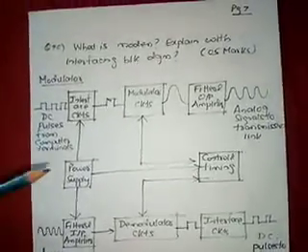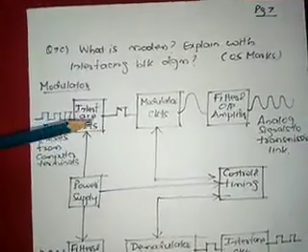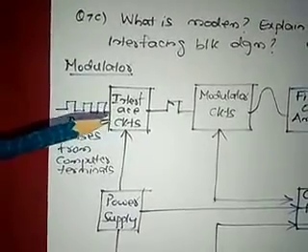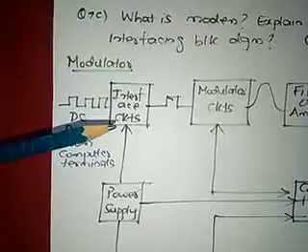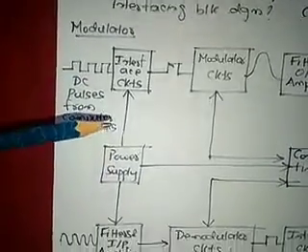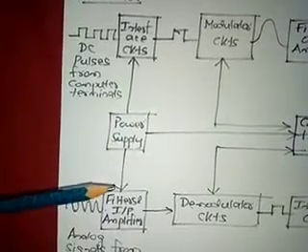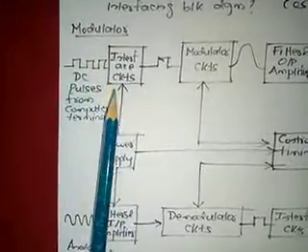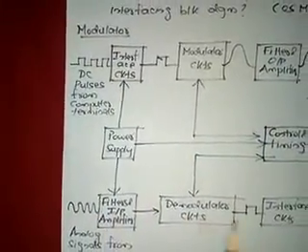This is the block diagram of the modem, or the interfacing block diagram of the modem. We have the interface circuits here, right? These interface circuits are powered from the power supply. Then the power supply is also applied to the filters and input amplifiers here. So there are two parts here. One is the modulator part, another one is the demodulator part.